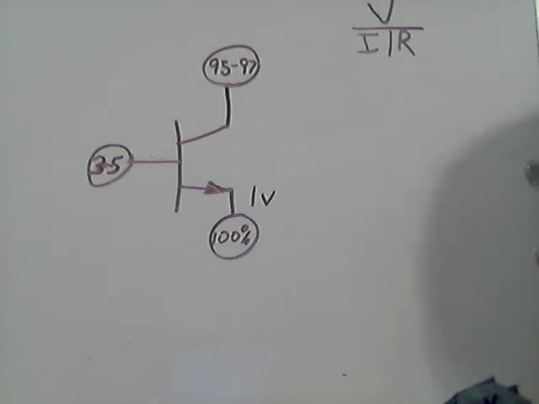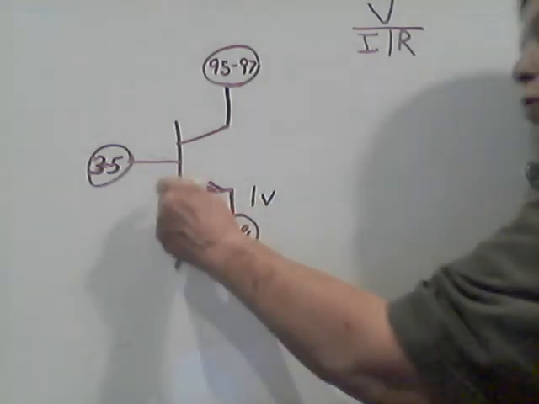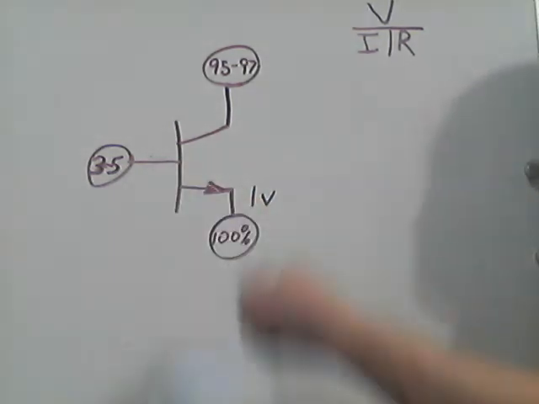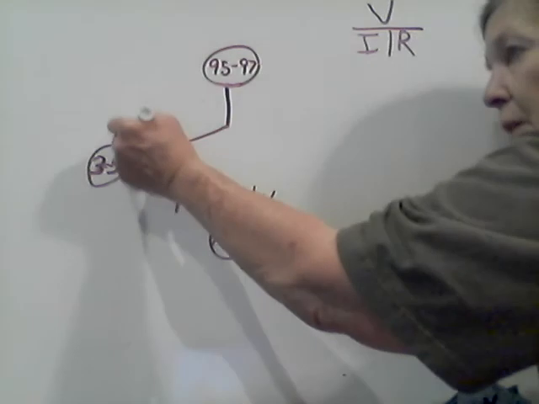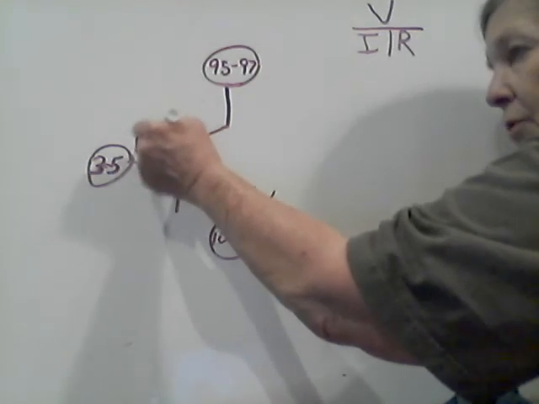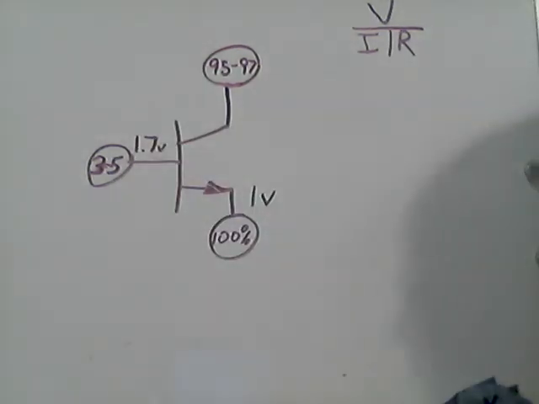Well, I know the base is always either going to be 3/10 of a volt or 7/10 of a volt higher than the emitter, because that's all that's dropped between the emitter and the base. In this case, I'm going to make it silicon because we use that the most. I'm going to make this a 1.7 volt drop there. So that tells me that the base is always going to be a little bit higher